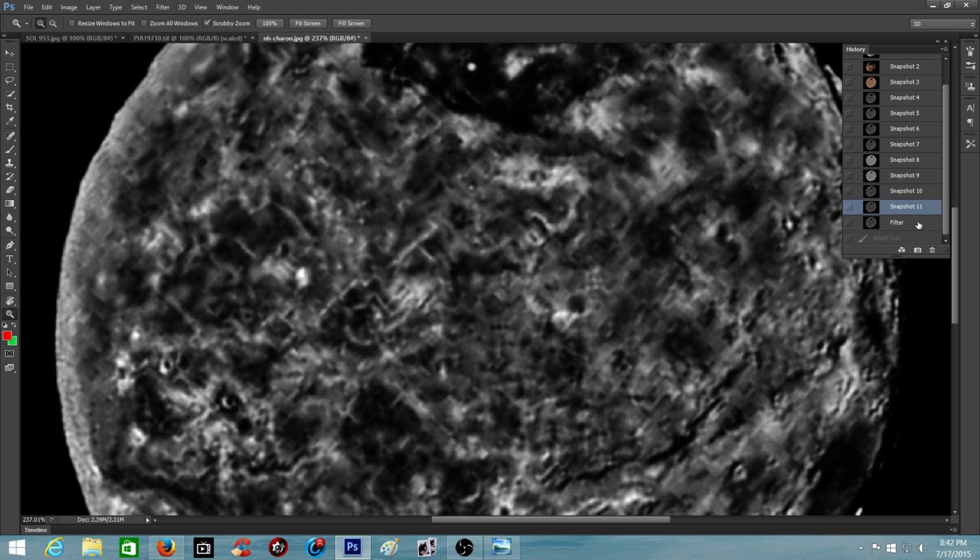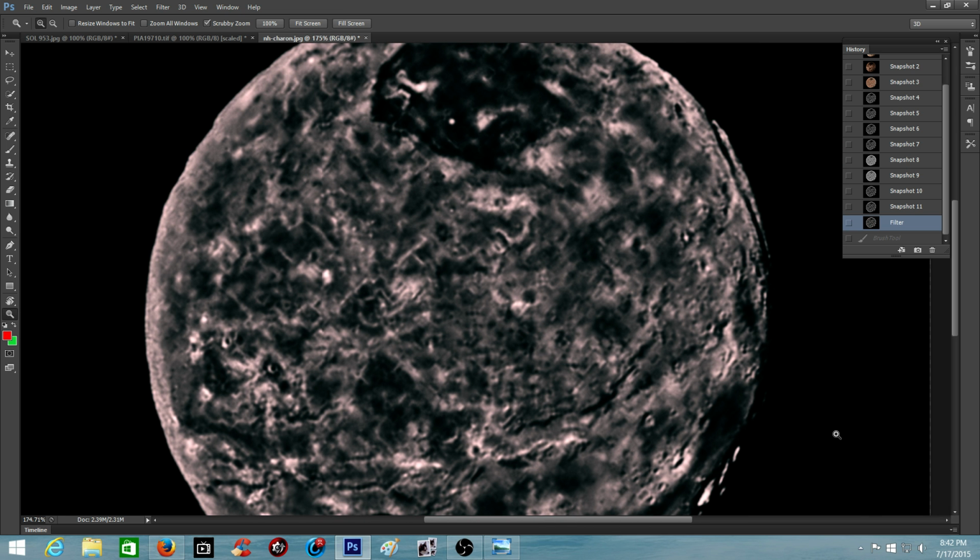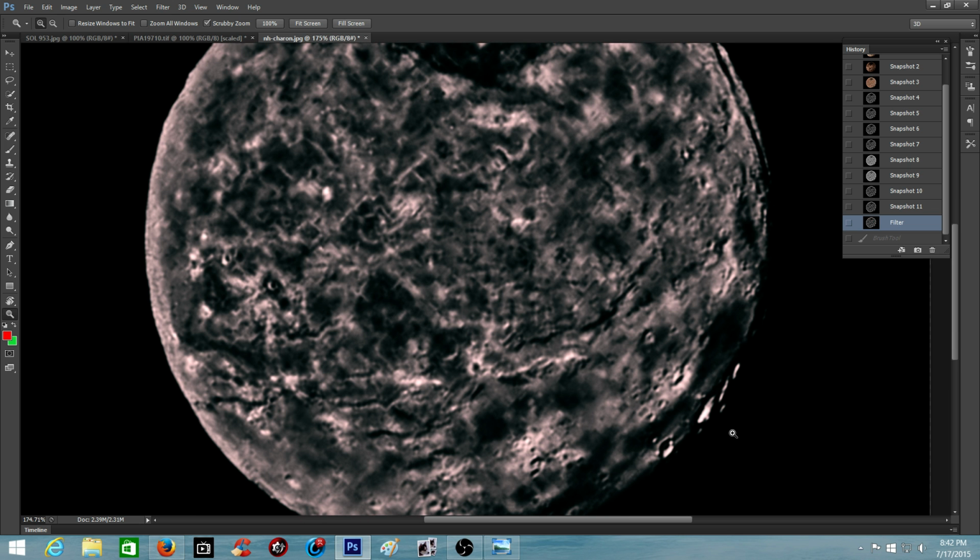Now I'm going to go ahead and throw a color filter in there and check that out. Are you kidding me? It's like a giant mechanical moon. That's the only way I can put this. It looks like a mechanical moon. There's large cities all over this moon. Or it's one big civilization on this moon. I mean, when you look way down here...